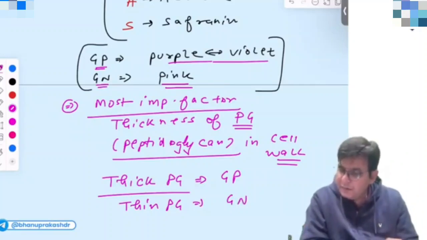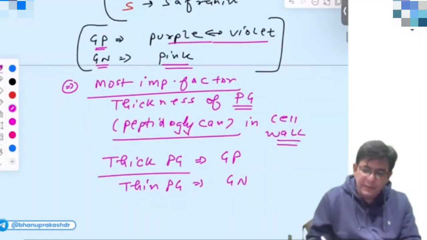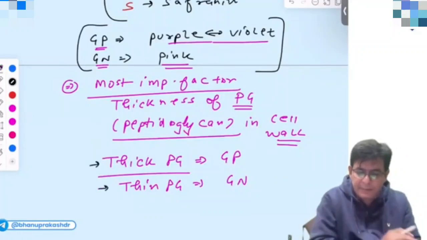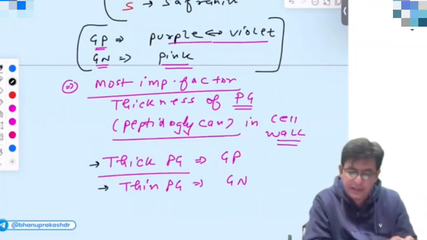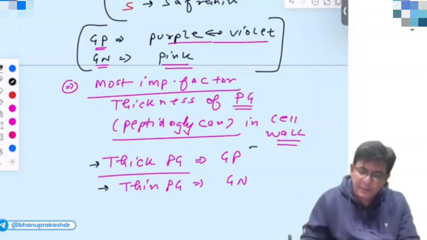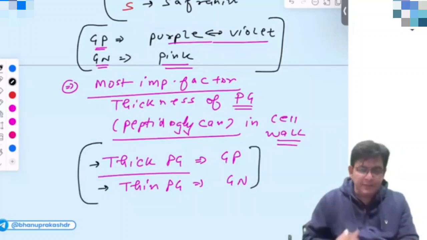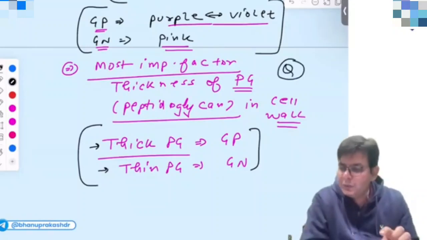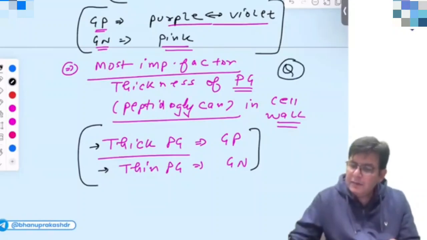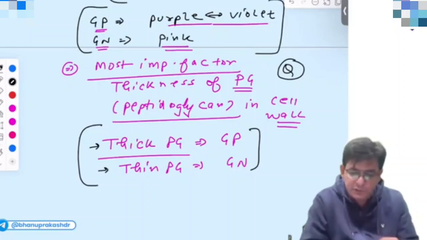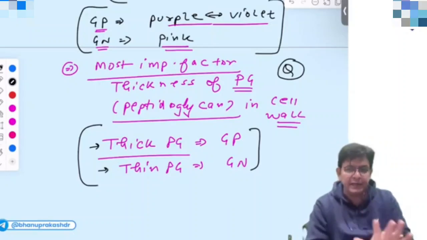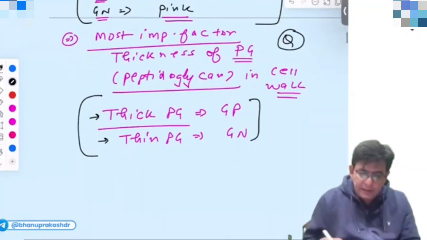Fine. So thick peptidoglycan is a feature of gram positive and thin peptidoglycan is a feature of gram negative. First of all, remember this. This itself is a question which you should know: thick peptidoglycan is a feature of gram positive, thin peptidoglycan layer is a feature of gram negative, first of all. Then